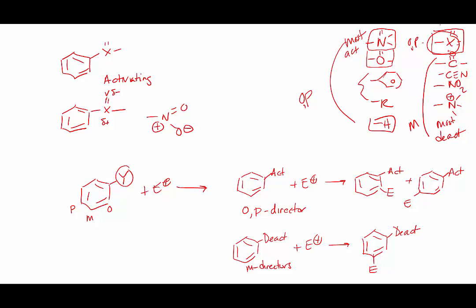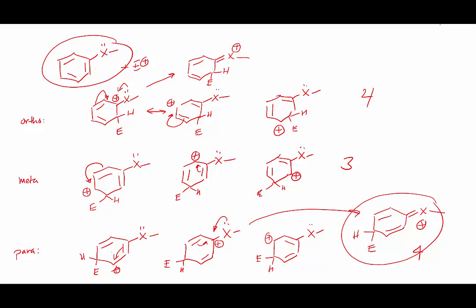So let's deal with the ring first. Are we all in agreement that the key structures for the activating group to be ortho-para is when the plus charge is next to the substituent? Because if the plus charge is next to the substituent and I can draw additional resonance structures, that makes it ortho-para. Okay, if we're all in agreement of that, then